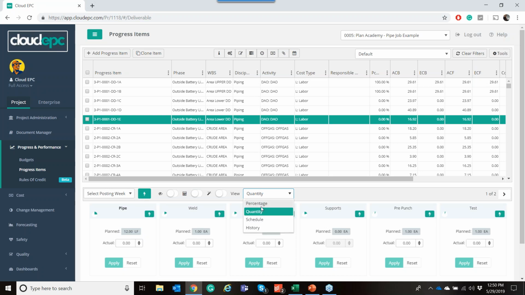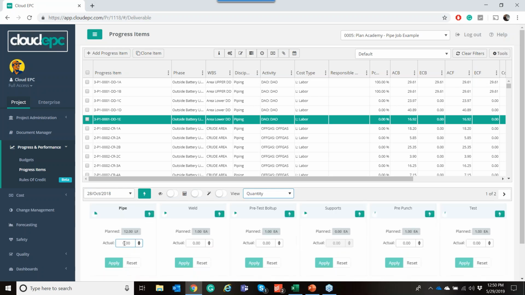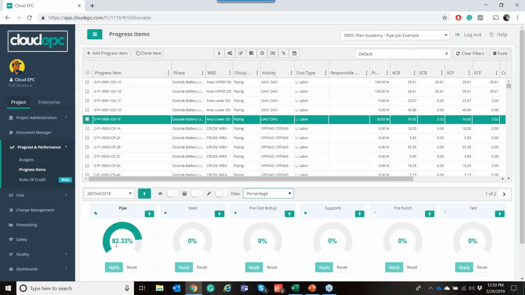And one of the things, coming back to your point, Michael, is what doesn't work well in those Excel trackers is time-based, right? So what Cloud EPC does is it gives you a time-based system on a weekly basis. So being able to say, on whatever week I'm updating for, I've installed, in this case, just say 10 out of 11 linear foot, which in our world is the equivalent of 83% complete. So we've taken 10 divided by 12 to get to that